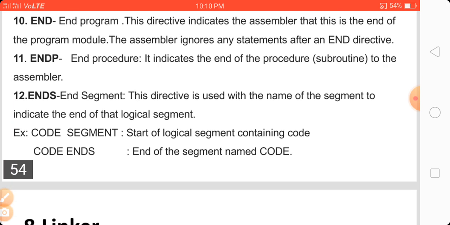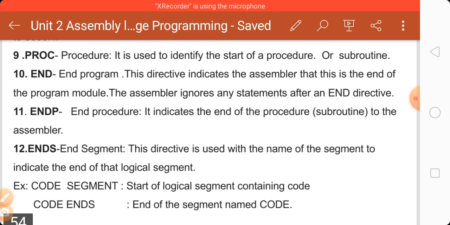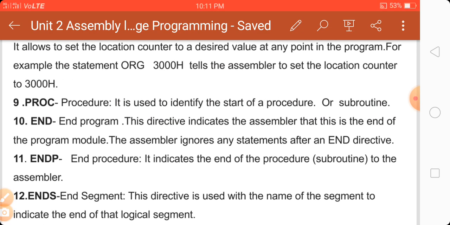ENDS is the end segment directive, and it is used with the name of the segment to indicate the end of the logical segment. Here an example is given: CODE SEGMENT is the start of a logical segment containing code, then the code, then CODE ENDS, the end of the segment named code. So these are all the directives we generally use in our program.